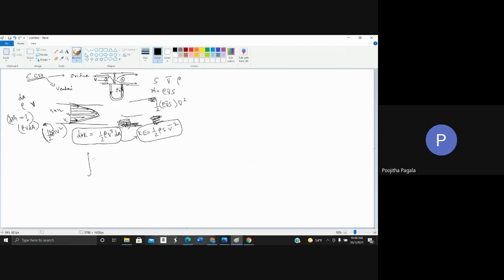So if I integrate dKE, I should be getting the total kinetic energy, right? Is this point clear, or is there any confusion so far? Clear, Anna. Okay. So which means the integral of this thing should be equal to this thing. Half rho is a constant, integral v cube dA